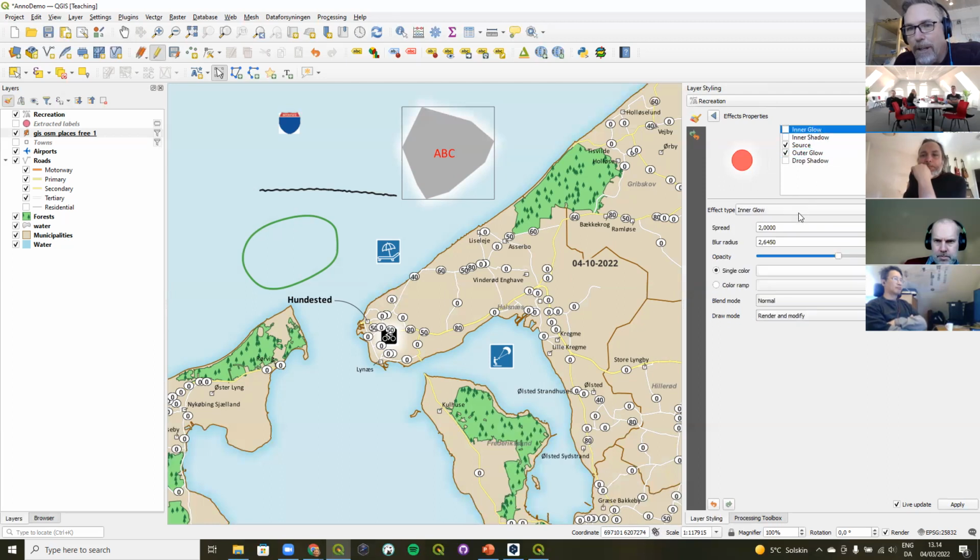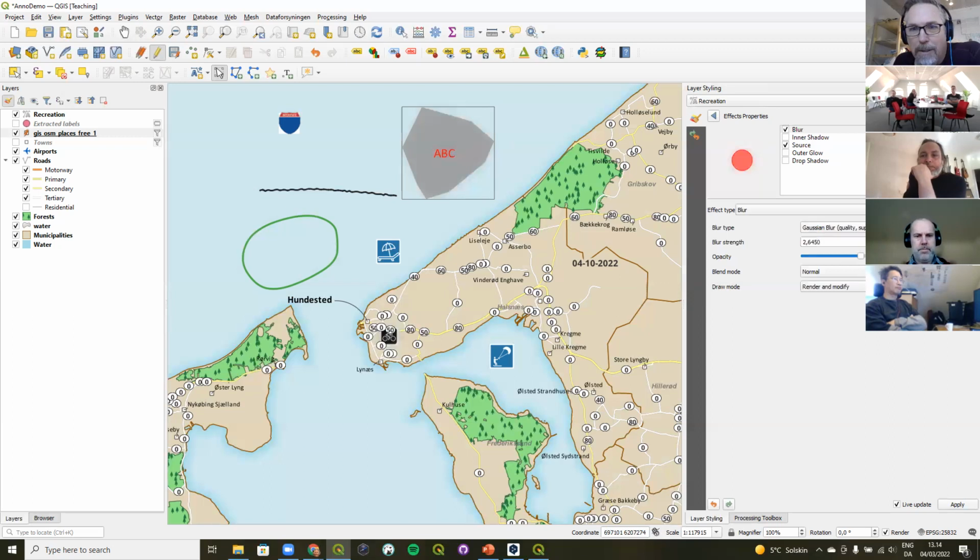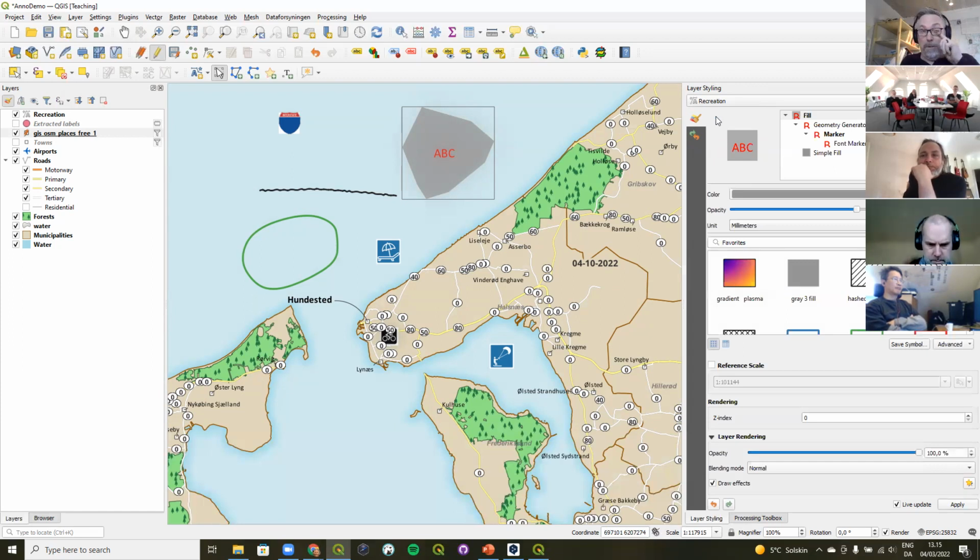So if I wanted to add one, I could highlight inner glow and choose blur, for example. And I could blur this polygon. And there's different blurring algorithms, and you can control the blur strength. So there's a lot of interesting little things like that buried in here that don't often have use cases, but